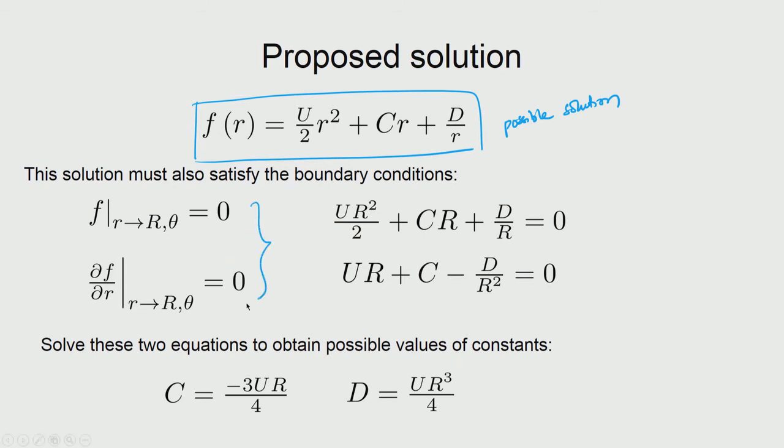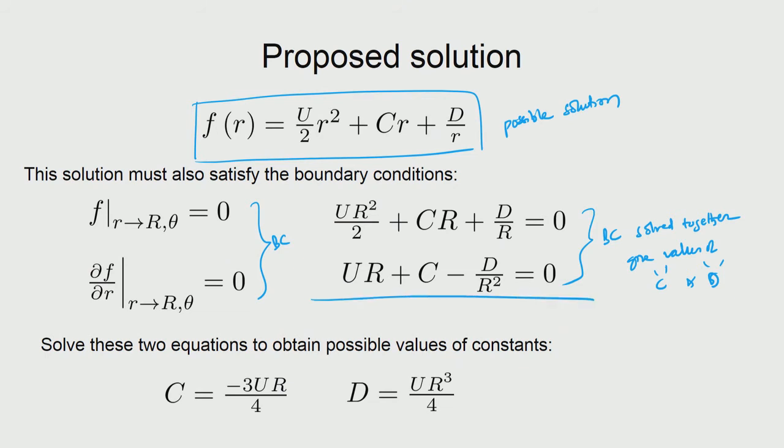So, we have seen these boundary conditions already, and when you substitute, this actually gives you two equations, and these two boundary conditions solved together give the values of c and d, which are basically the integration constants of this particular equation that we have written. So, you can do it by multiplying the second equation with r and subtracting and then so on. If you do that, then you arrive at the values of c and d.